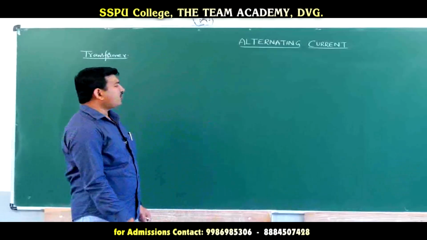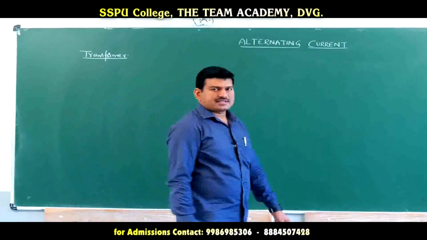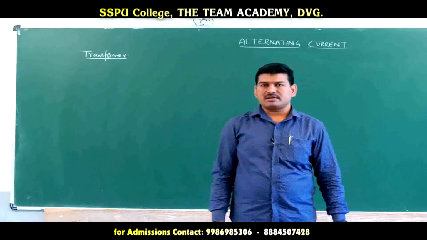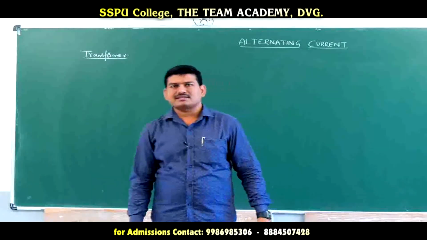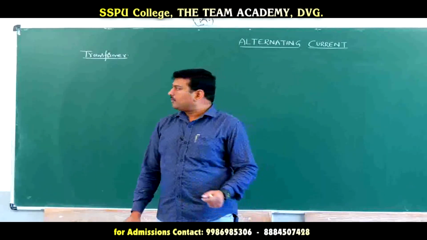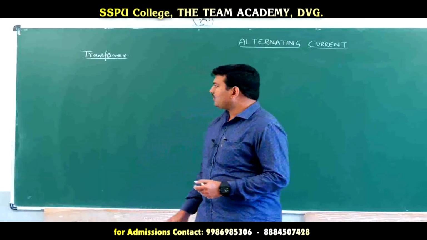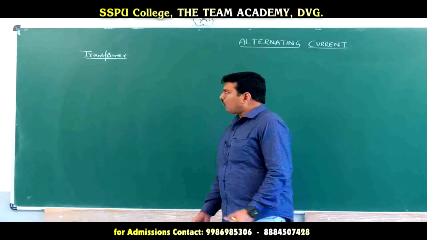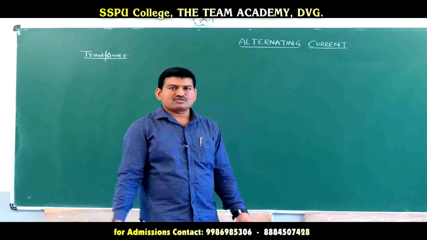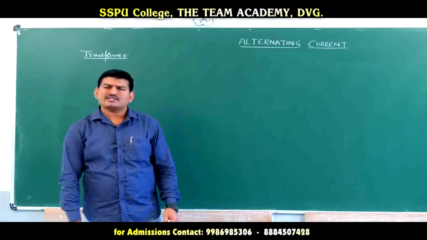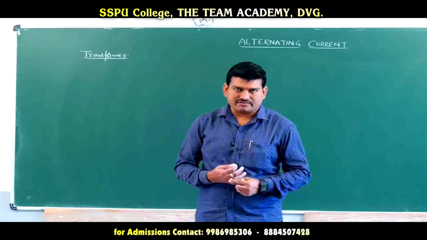So, the last topic of this chapter, alternating current, is the transformer, which is an important essay question for the board syllabus. What is a transformer? Or they will be asking for 3 marks to write the factors which are affecting the efficiency of the transformer. What is a transformer? We have seen a transformer near our houses, at so many places. What is the function or duty of a transformer? Why use a transformer is the first question.